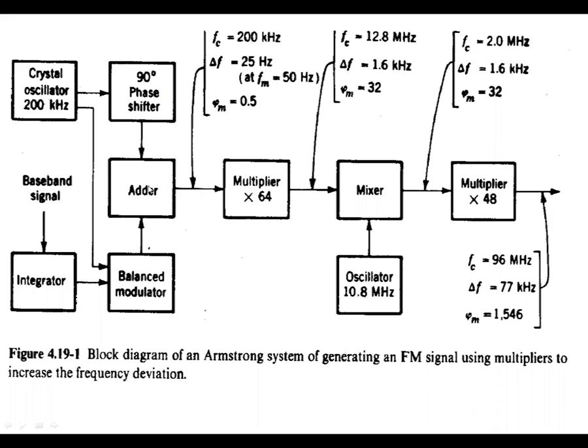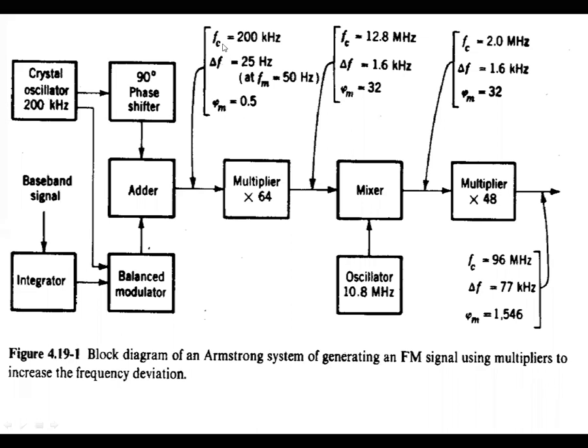Any adder or subtractor has two inputs. One of the inputs is the balance modulator output. Another input is the crystal oscillator output with 90 degrees phase shift given to the adder. Here, after the adder, there are three parameters going to be calculated. One